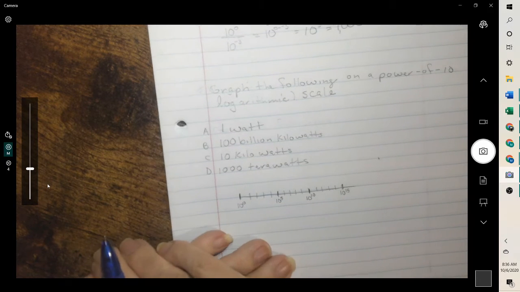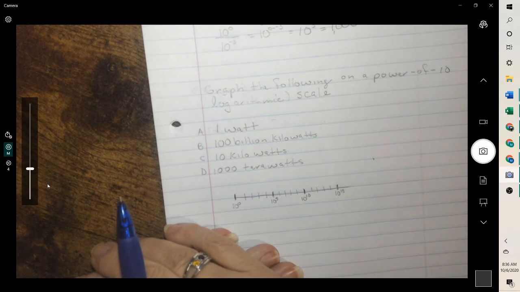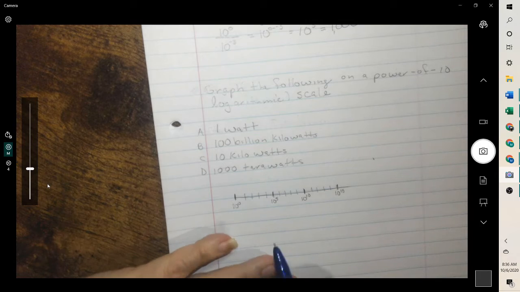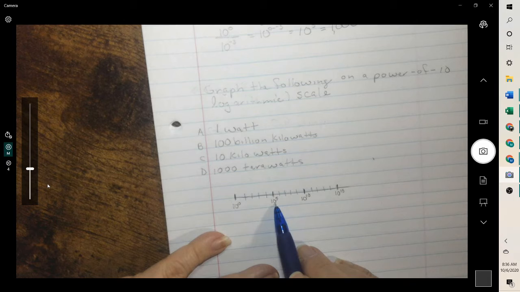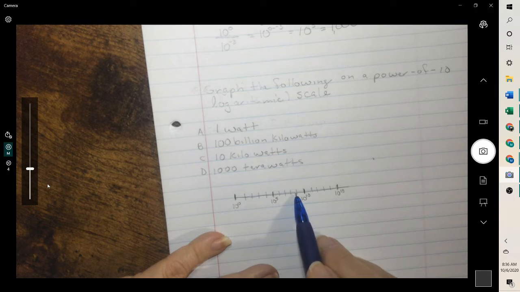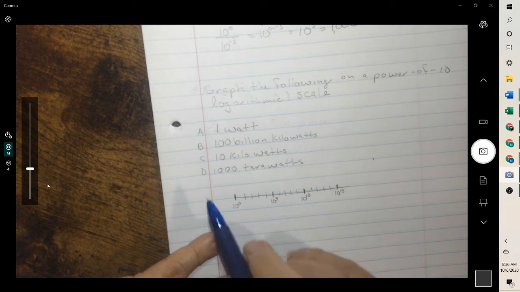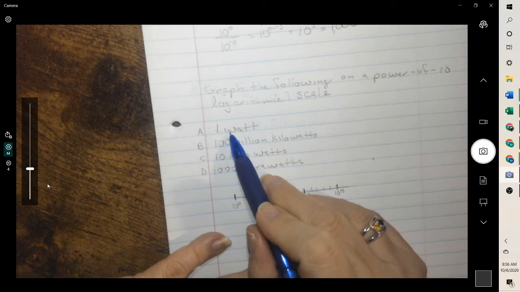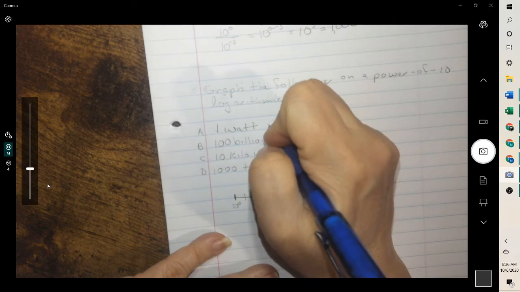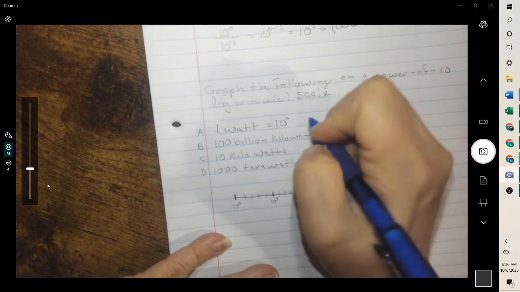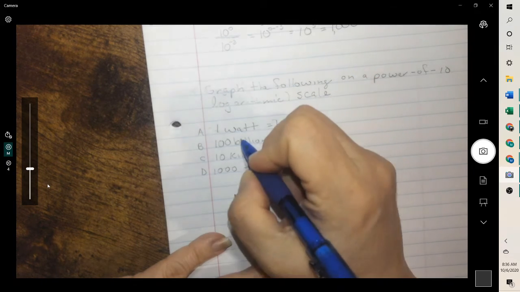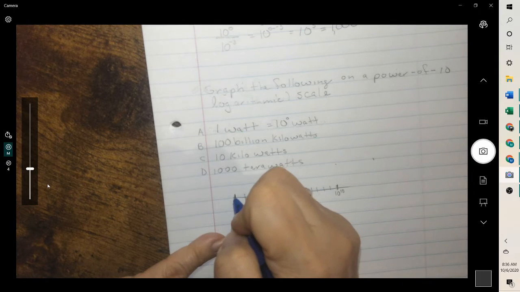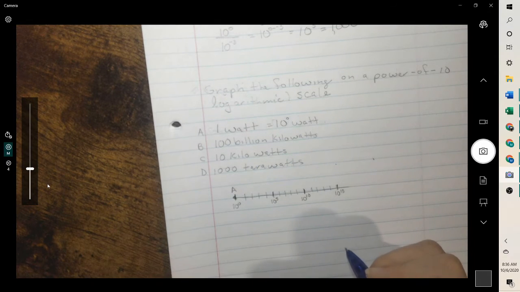Graph the following on a power of 10 logarithmic scale. So I put powers of 10. 10 to the 0, 1, 2, 3, 4, 10 to the 5, 1, 2, 3, 4, 10 to the 10. So 1 watt would be 10 to the 0 watts. Because remember, 10 to the 0 is 1. So this is where A would be. Now B,